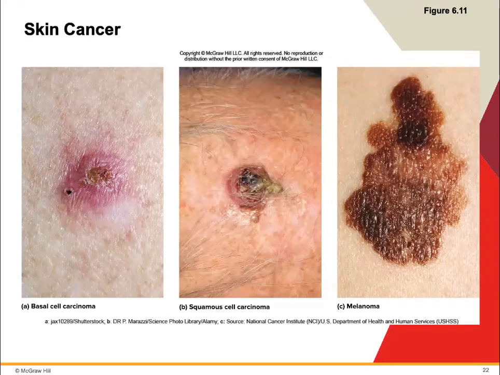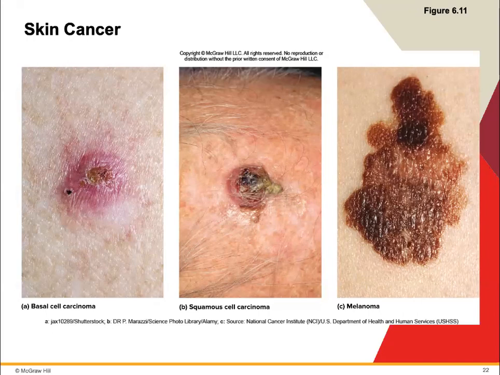There's basal cell carcinoma, which is pictured in A. This is the most common type of skin cancer. It's considered the least dangerous because it seldom metastasizes. And the reason it's called basal cell carcinoma is because it forms from cells in the stratum basale layer. As far as the appearance of it, it's a small shiny bump and it has a central depression, typically with